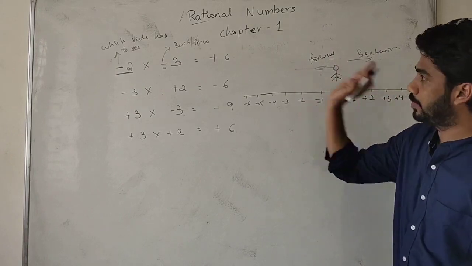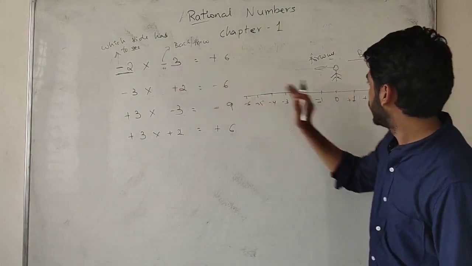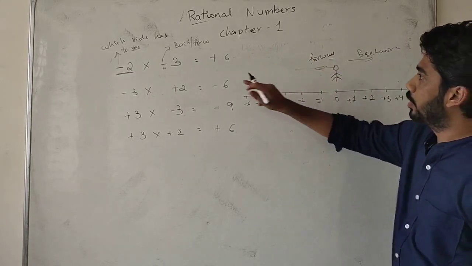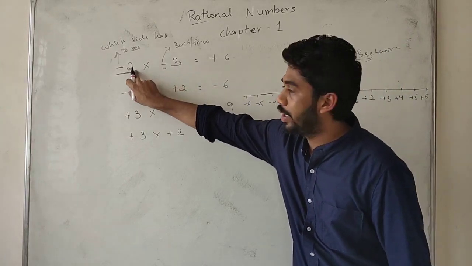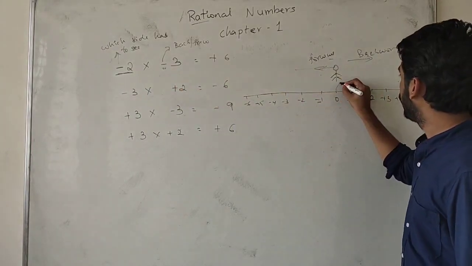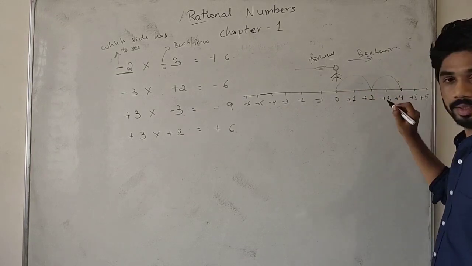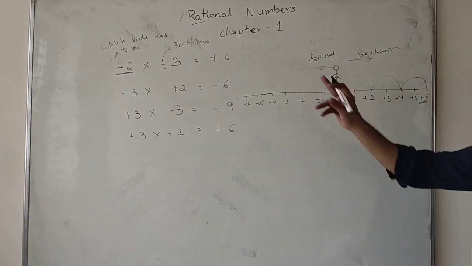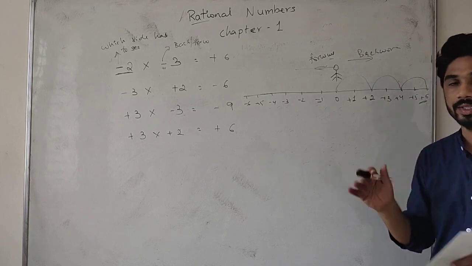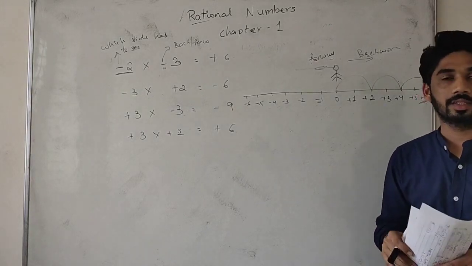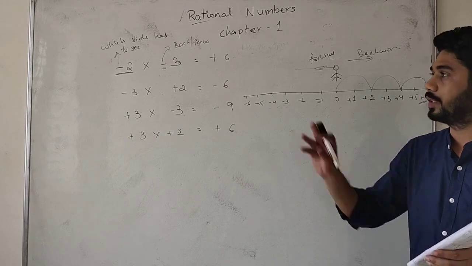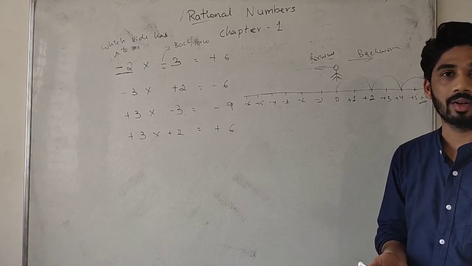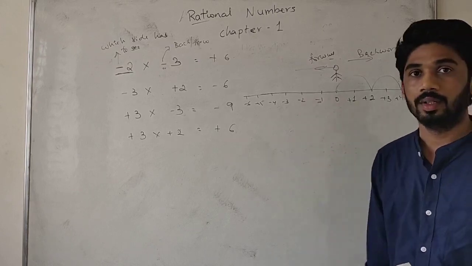So friends, first one minus sign means we are using this side. So here minus, this is the forward and this will be the backward. So he will be taking this direction now. So how many times? 3. Minus 2 you have to take 3 times. So 1, 2nd and 3. So what is the value here? Plus 6. So I have written plus 6. In this way minus into minus is plus 6. Friends, this is the basic thing. Most of the teachers will not be teaching all this. Only they will say minus into minus plus. You must know how it is placed and how the logic works out. So I hope that you understood this one.